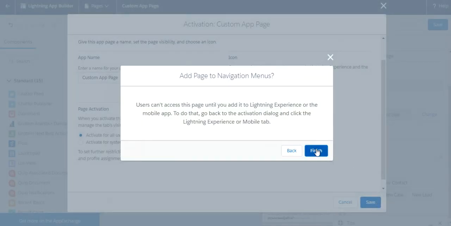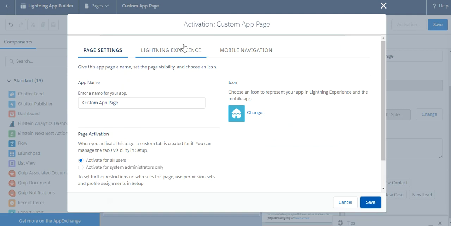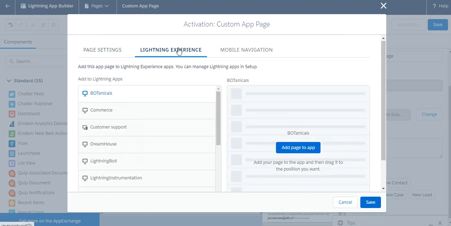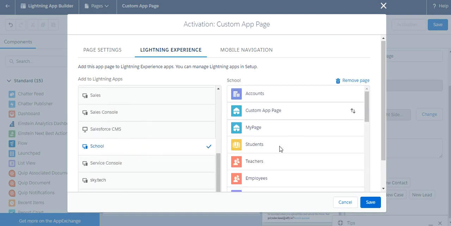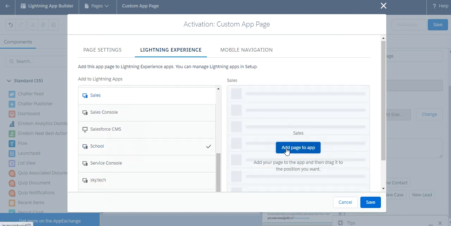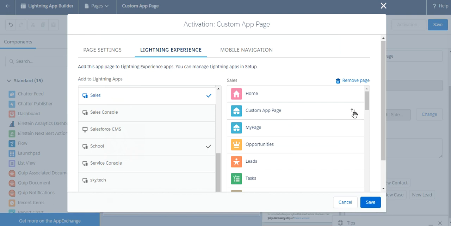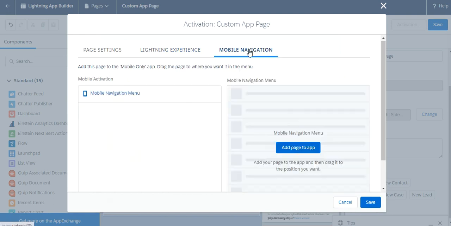And one second, let's check the app. For which app do I want to assign this app page? Select the school as well as the sales app. Okay, for two apps I want to assign this app page, and mobile navigation.